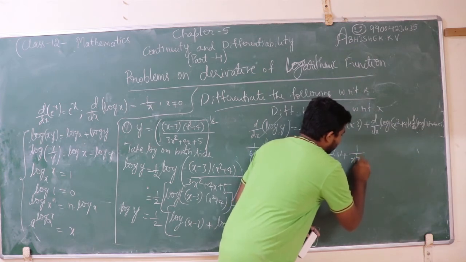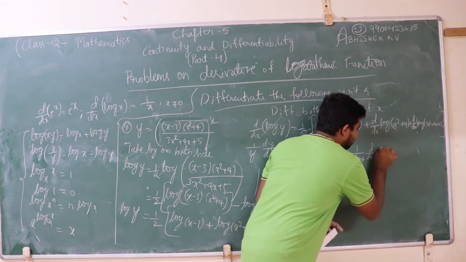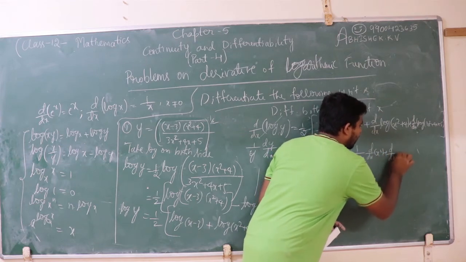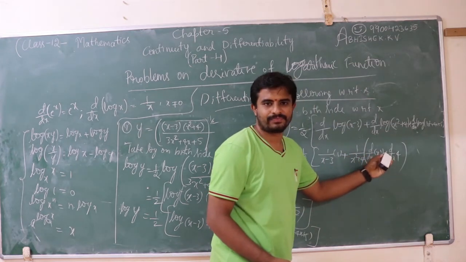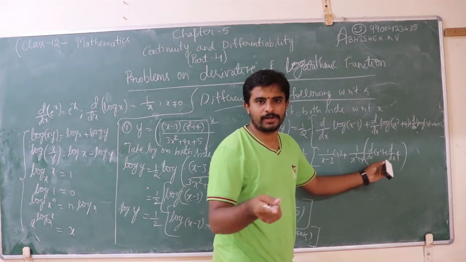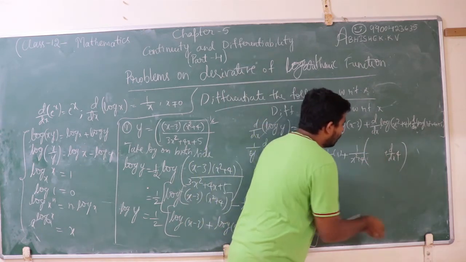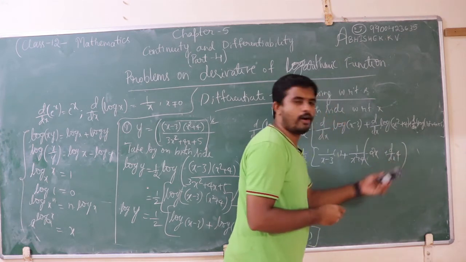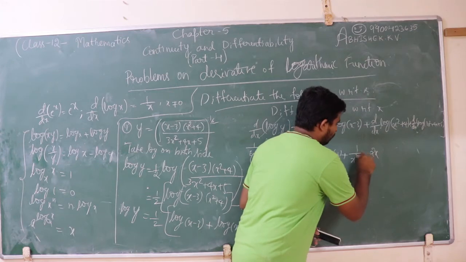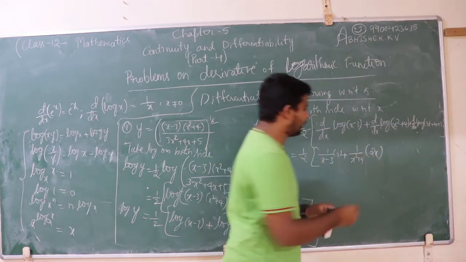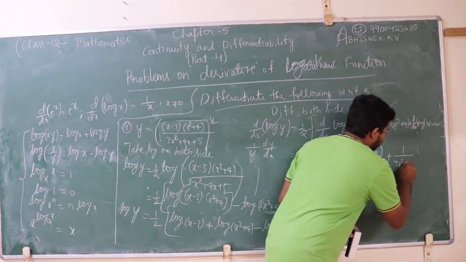1 by x square plus 4, then the derivative of x square plus derivative of 4. What is the derivative of x square? 2x. It is of the form x to the power of n: for n equal to 2, 2 into x to the power of 2 minus 1, which is 2x. Derivative of 4 is 0, because it is a constant function. So 2x into 1 by x square plus 4, plus derivative of log of this, again 1 by 3x square plus